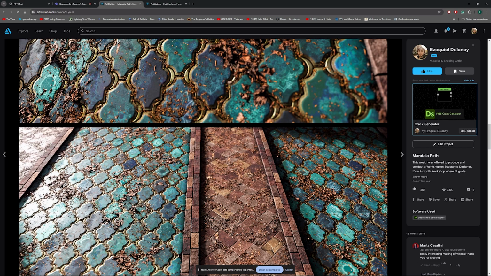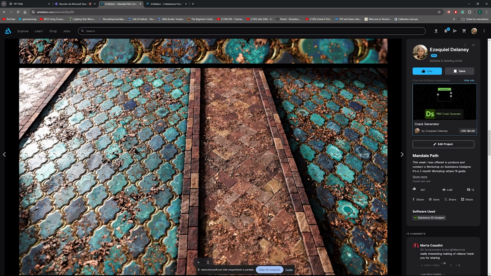Now, this doesn't mean that by doing this, you're going to fix your materials. Using scan data to add value to your materials can be hard. Why? First, you need to know how to blend them, and that's really, really important. Blending information from scan data into Substance Designer is not that easy at first. Once you've done it 100 times, of course it gets easier.